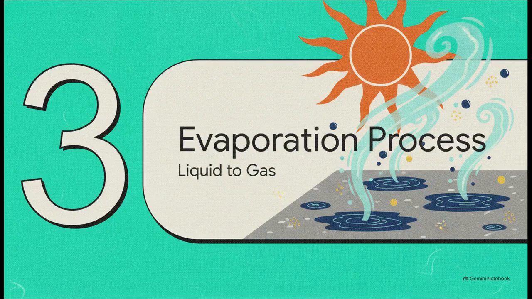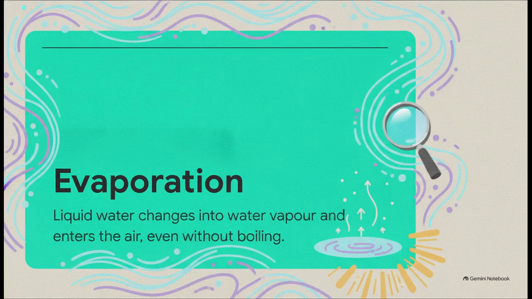Section 3. The magic of evaporation. Now, this is perhaps the most complex and interesting transition. To really get it, I want you to solve a little mystery with me. When it rains and leaves a big puddle on your street, where exactly does that water go when the sun comes out? Well, evaporation. It's the process where liquid water changes directly into water vapor and enters the surrounding air,